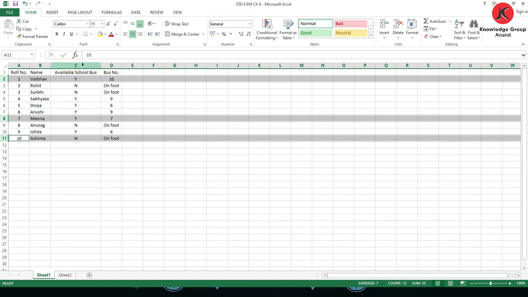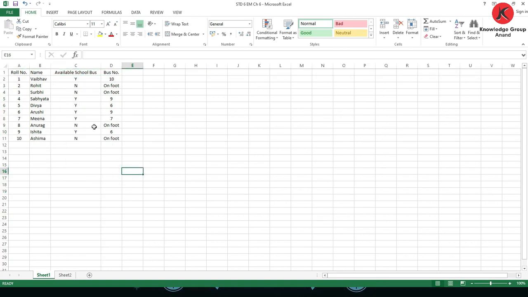We want to select C also, so hold down the Control key and click here. So remember, when you select multiple columns or multiple rows, you press the Control key and then click. This way you can select multiple columns and multiple rows.